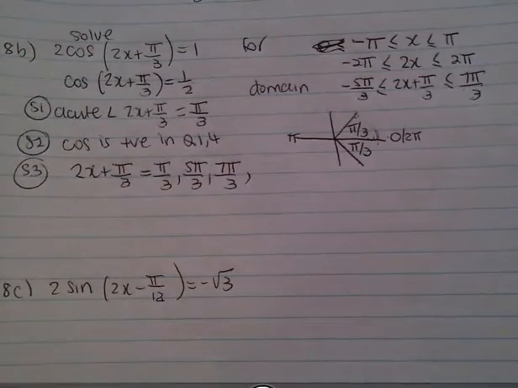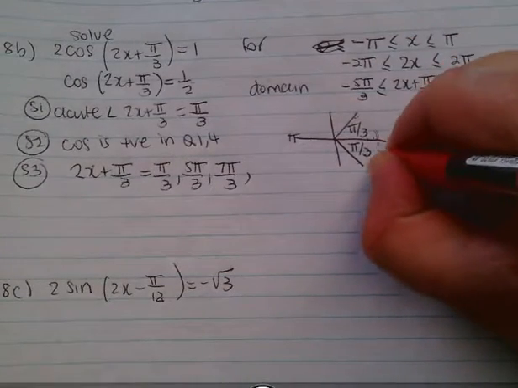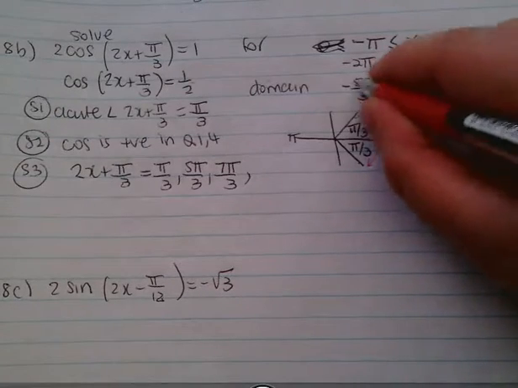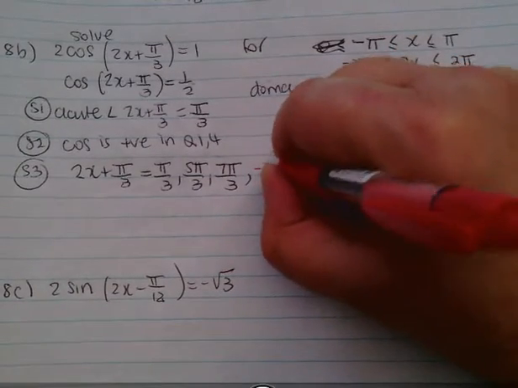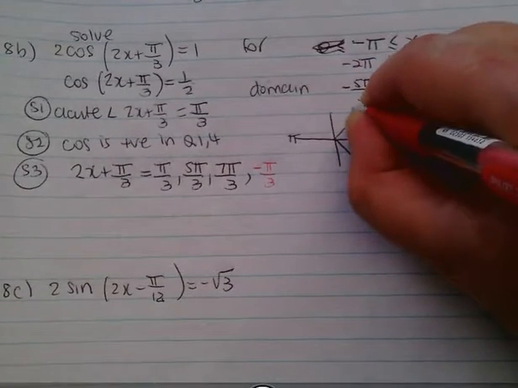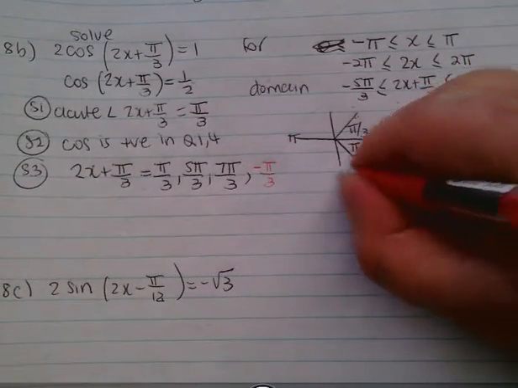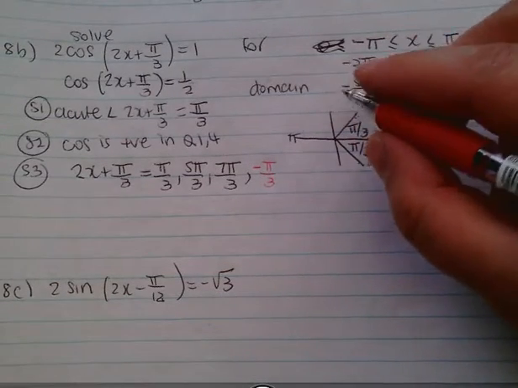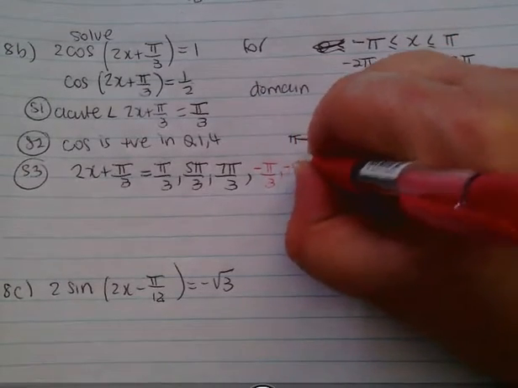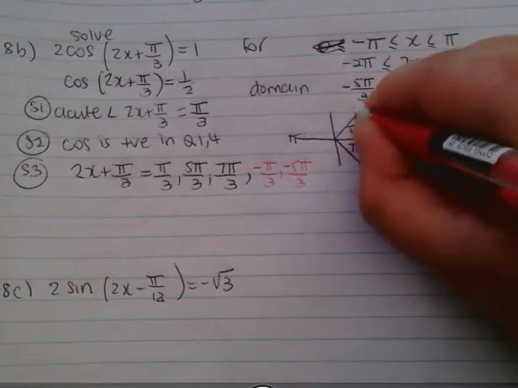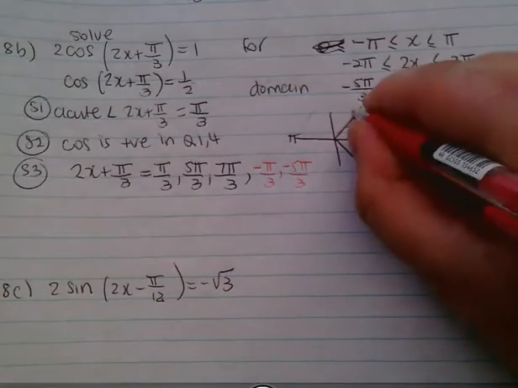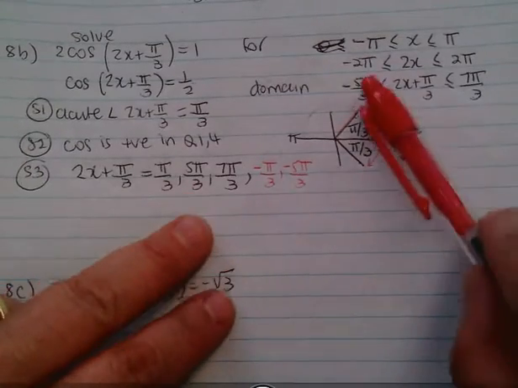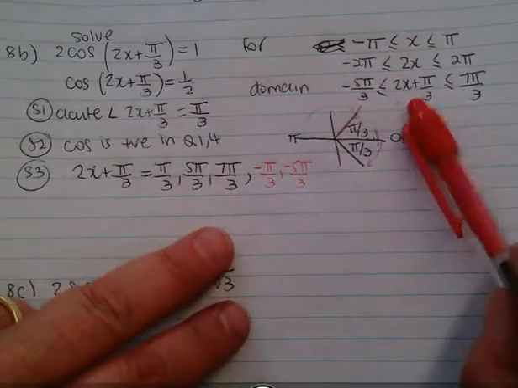And now let's go back in the negative direction. I've got negative pi on 3. So I've got to go up to negative 5 pi on 3. So I've got negative pi on 3, that fits in. So I'm going from 0 to almost negative 2 pi. And then this one would be negative 2 pi plus pi on 3. That's negative 2 plus a third. That's negative 1 2/3. That's actually on the border as well. That's actually right there. Okay, if you're going backwards, so I've got negative 5 pi on 3. So now they all fit within from 0 to negative 5 pi on 3 and from 0 to 7 pi